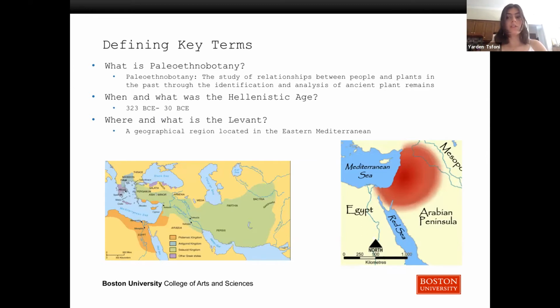So first, what even is paleoethnobotany? It's the study of relationships between people and plants in the past through the identification and analysis of ancient plant remains. And then the next term that we'll be discussing is the time period that we'll be talking about,